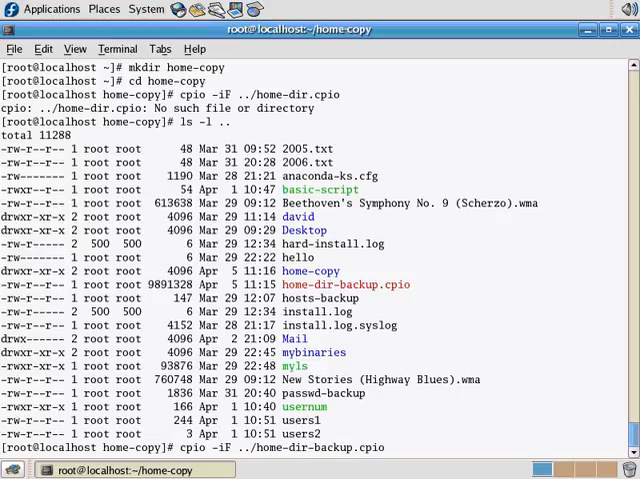So it's called home-dir-backup.cpio. So I'm going to take input from that file, and I'm going to restore everything in that archive and put it in this home-copy directory right here, which is a subdirectory of my home directory. So if I press enter,